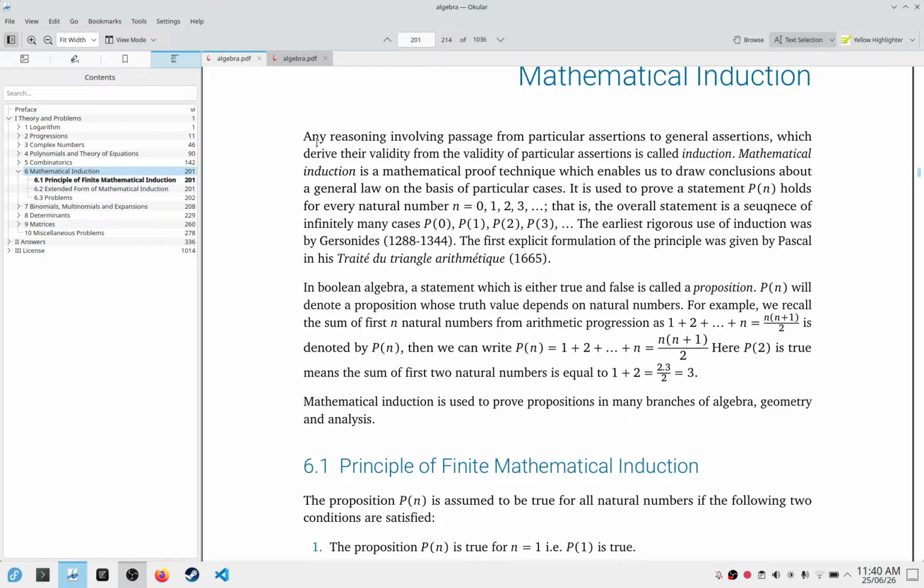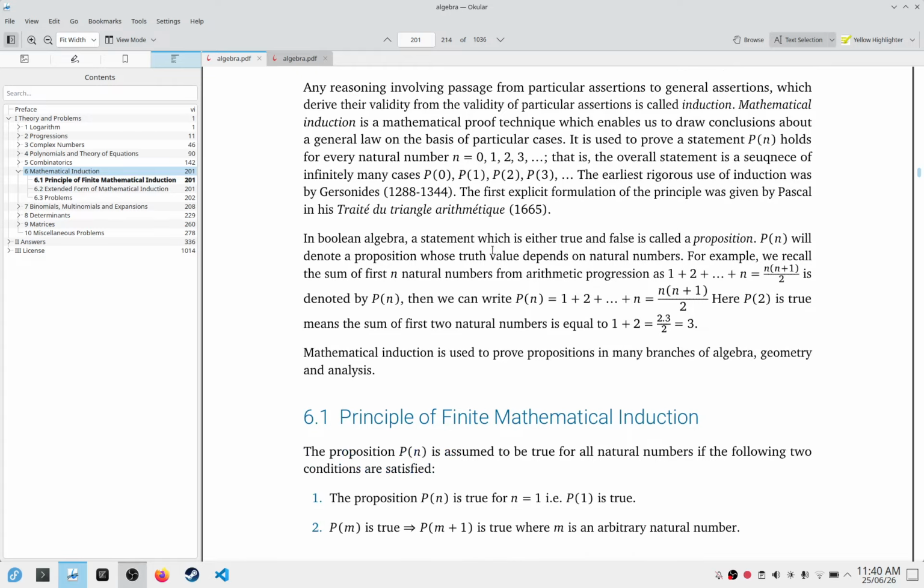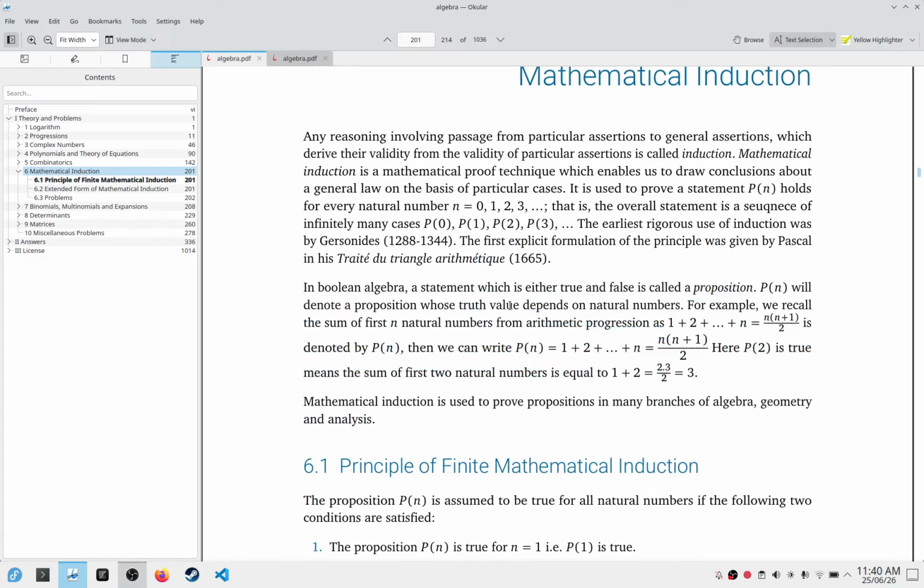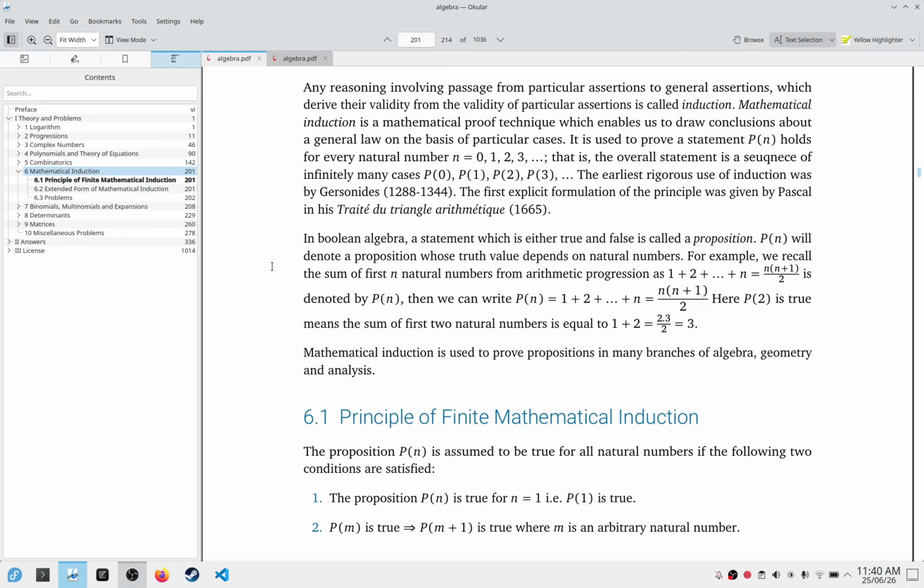So let's get started. We can skip reading the first paragraph; it doesn't matter, all this is basically story. The important part I will read is: any reasoning involving passage from particular versions to general versions, which derives its validity from the validity of particular versions, is called induction. Mathematical induction is a mathematical proof technique which enables us to draw conclusions about a general law on the basis of particular cases. In Boolean algebra, a statement which is either true